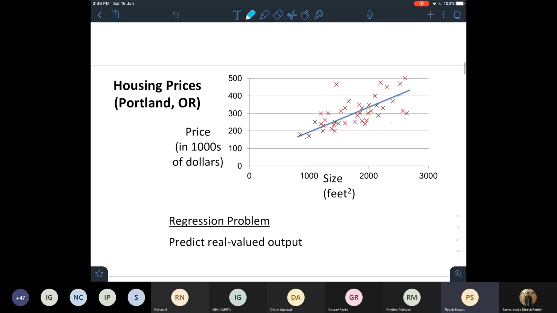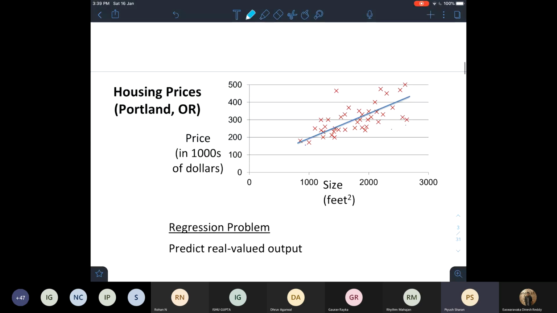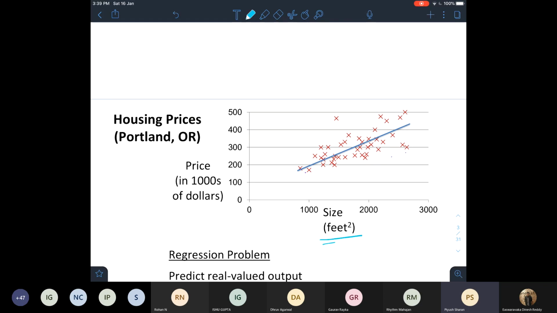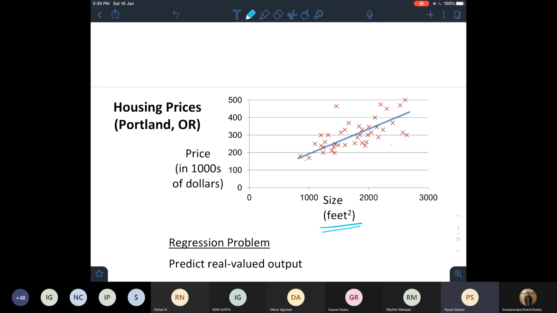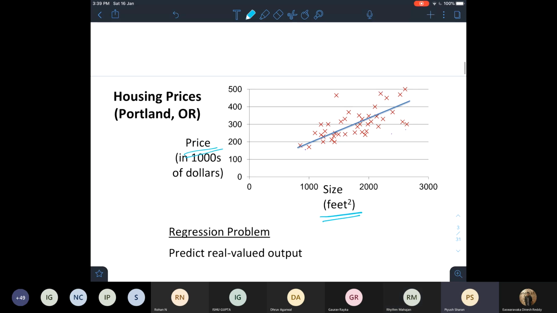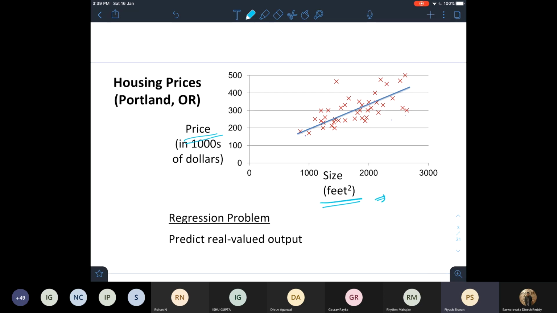All right, so the first problem we're going to solve is something like this: you're given the size in feet squared of all the houses in a city and the corresponding price. So, for now, in our universe, the price of a house only depends on how big it is, right? So, all the x's you have are the points in this plot, and what we are trying to find out is this line. This is the best fitting line for this graph, right?